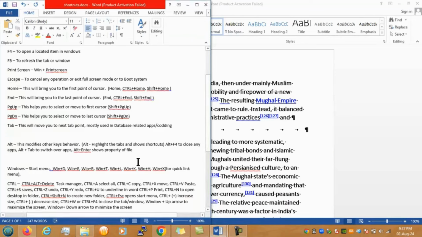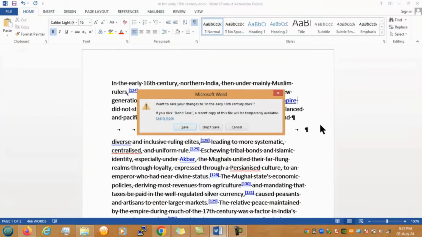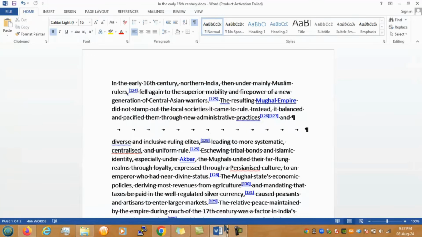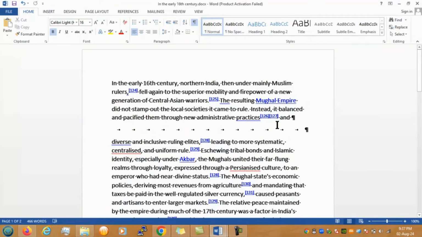And what we have, Alt F4. So Alt F4 works to close something. As this document is not saved, it's giving an option to save if you have done any changes. So we'll just cancel. So Alt F4 will close the application or whatever you have open, the document or folder or anything. Okay, so next we have